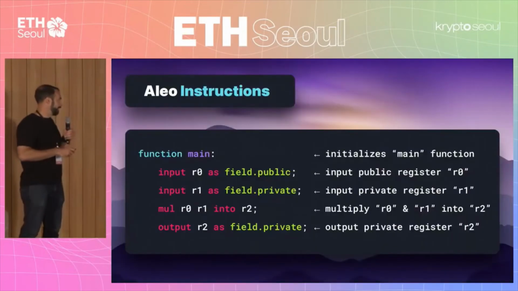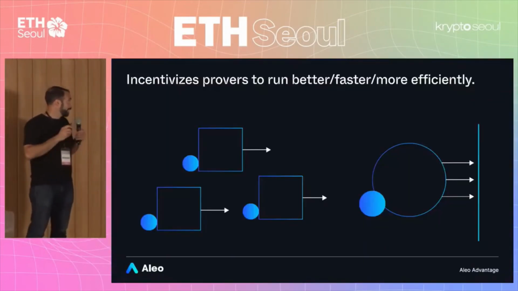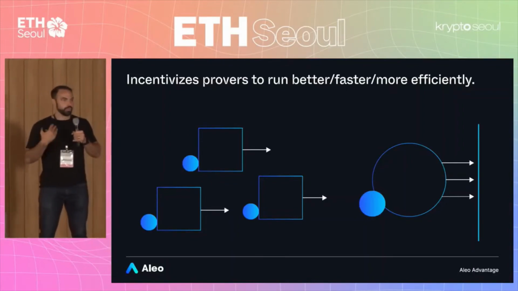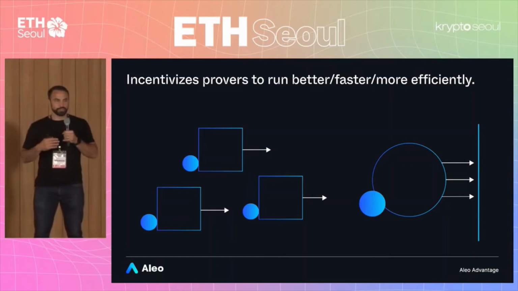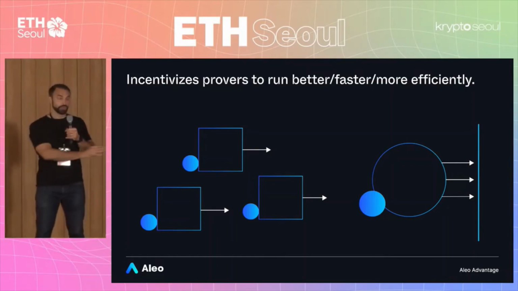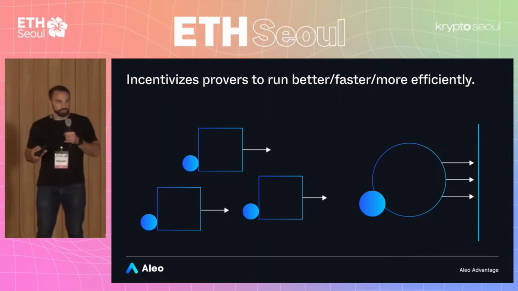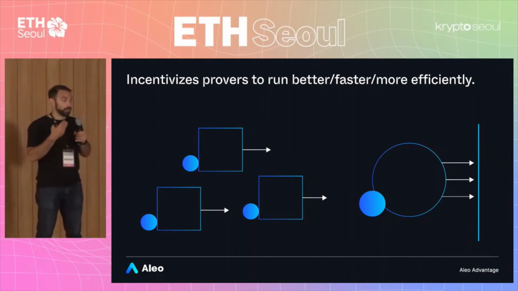Okay. Another thing I'm really excited about here is this concept of proving as a service, which is what we're trying to really encourage and incentivize. And I think as we look at a world in which roll-ups in general across the space are seen as increasingly important and ZK proofs are seen as increasingly the future of computing, you're going to have an entirely new class of infrastructure built around proving quickly and efficiently.